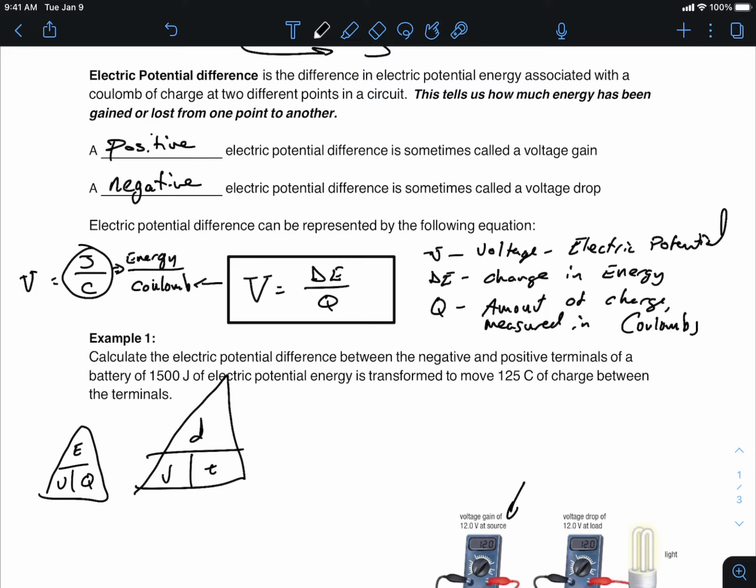If you understand what voltage or potential is talking about, it's energy per unit coulomb, or what velocity or speed was, how your position is changing relative to time. That's meters per second. So it tells you what to do with the math. There are no special triangles or covering and dividing. You know what the units tell you to do mathematically. So when I look at this, I see voltage is the amount of energy per coulomb, joules for energy, coulomb for charge. So the voltage would be equal to